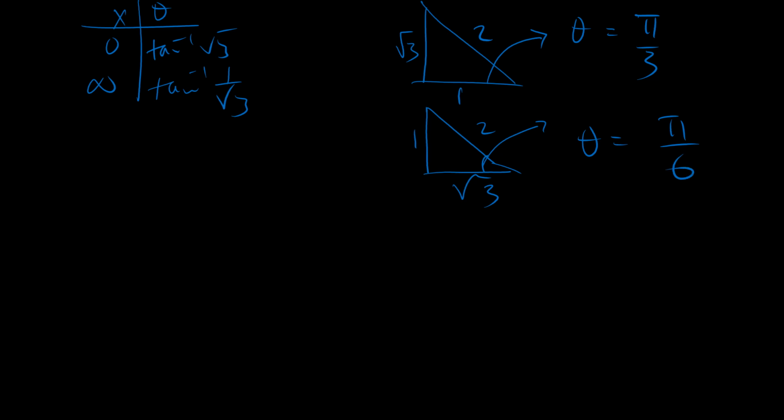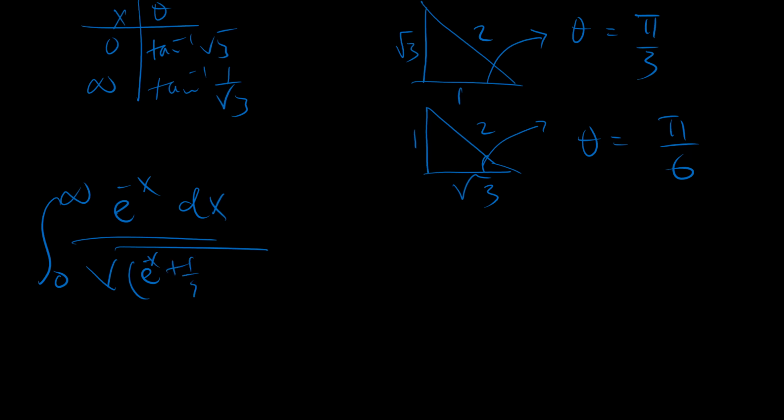Okay, so our integral from 0 tending to infinity of e to the power x dx over the square root of e to the power x plus a half squared plus 3 over 4. This is the same as, with lower limit pi over 3 and upper limit pi over 6,